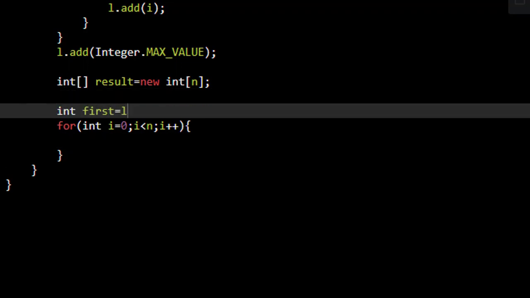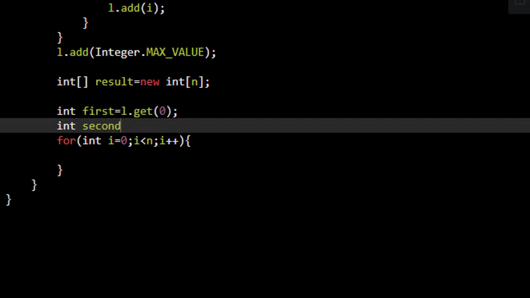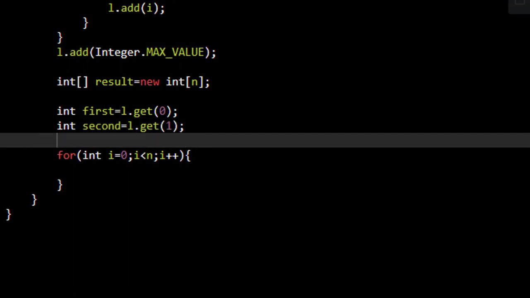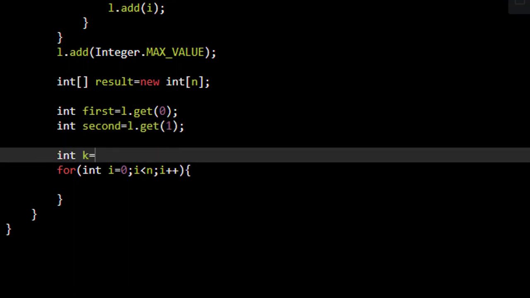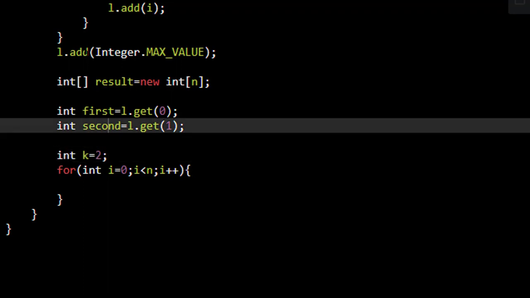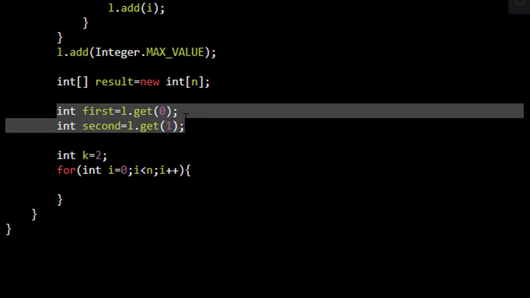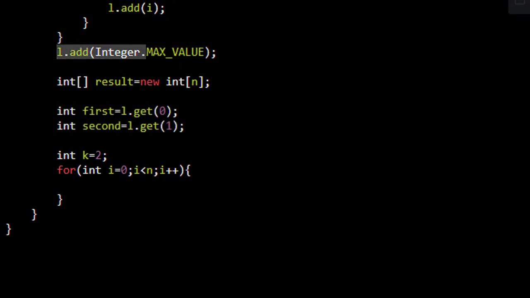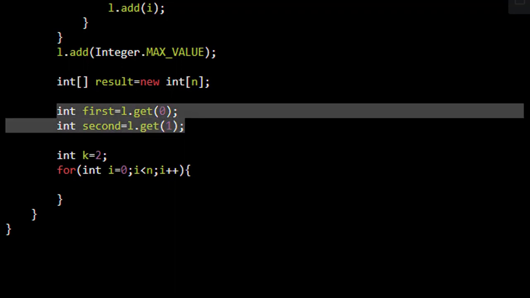The first value will be the index 0, and then the second value will be index 1, and then we will have an index 2 into this k, which we will increment in order to get the next values present in the list. Now we are sure that at least two values will be present in the list because we are adding two additional values into the list, so we won't get any array index out of bound in that case.